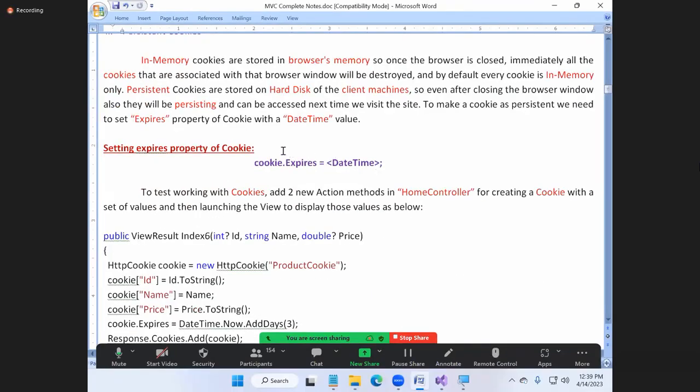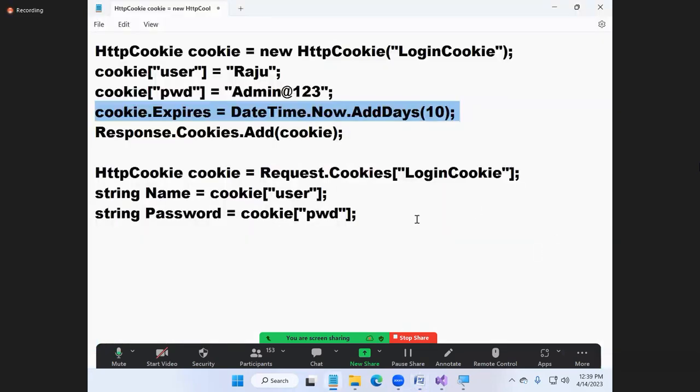You can just go for the date and time value like this. Am I clear, all of you? Okay, this is how the cookies have to be created. And don't forget, once a cookie is created and stored, you can access that cookie in all the pages you visit, not only one page.